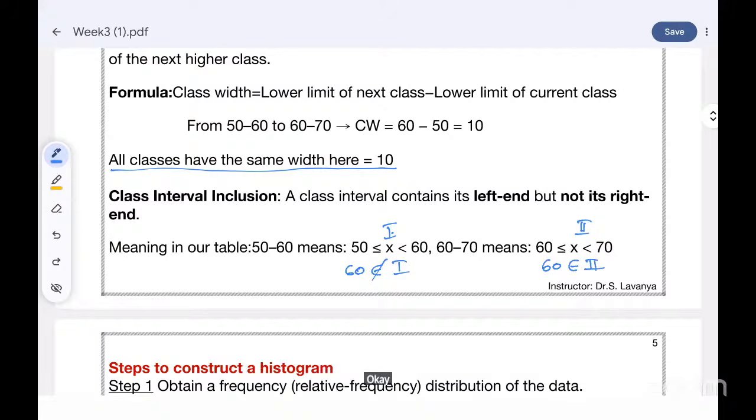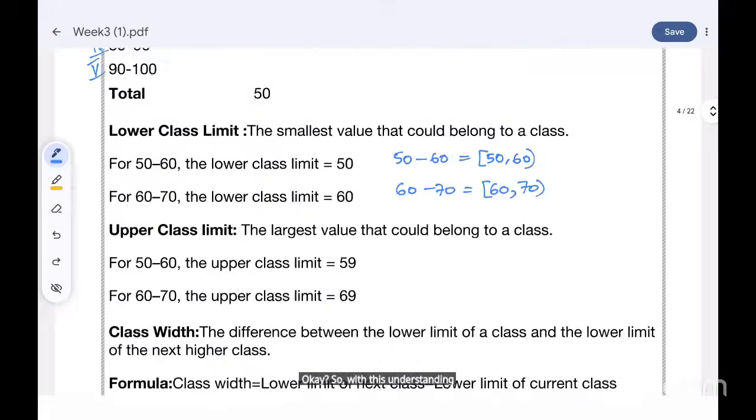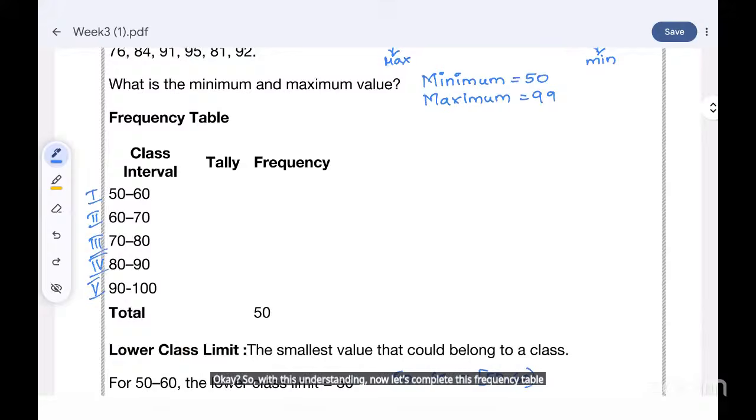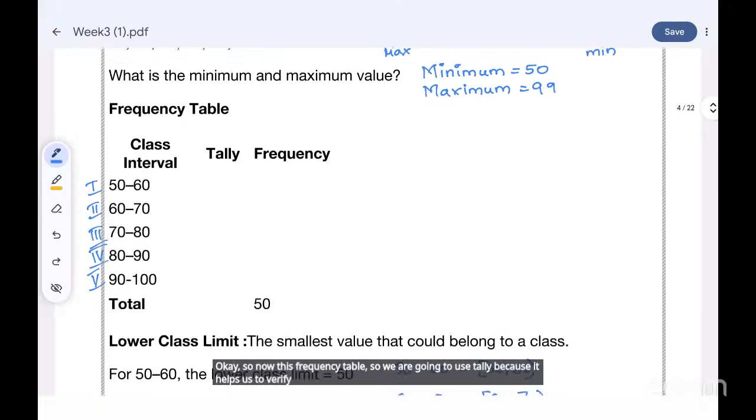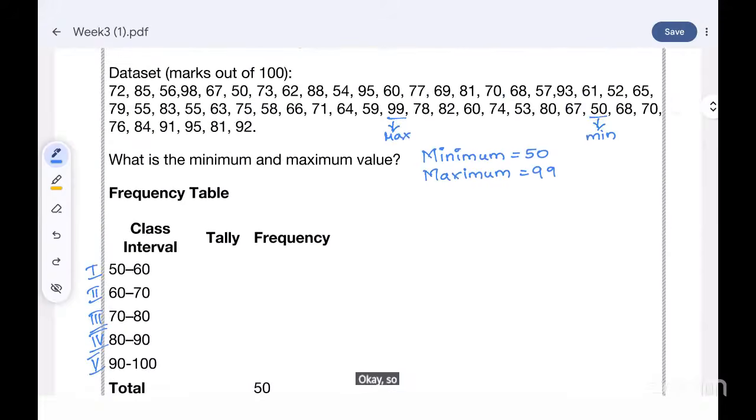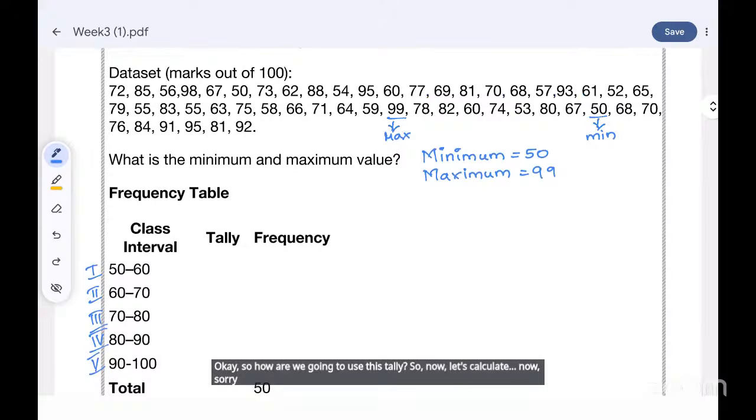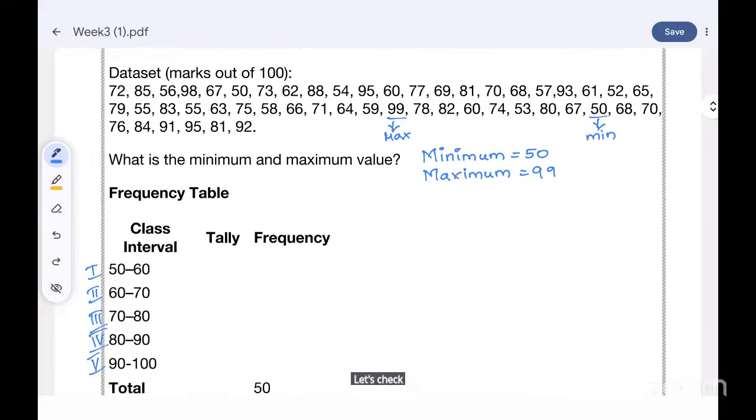Okay. So with this understanding, now let's complete this frequency table. We are going to use tally because it helps us to verify. So let's check each value one by one. The first value is